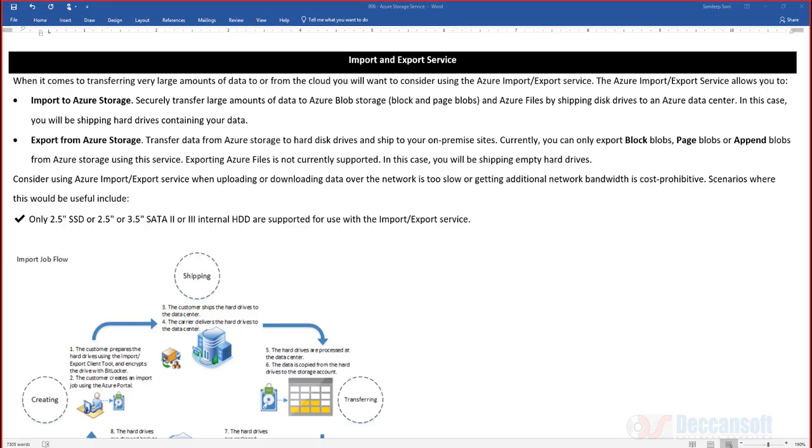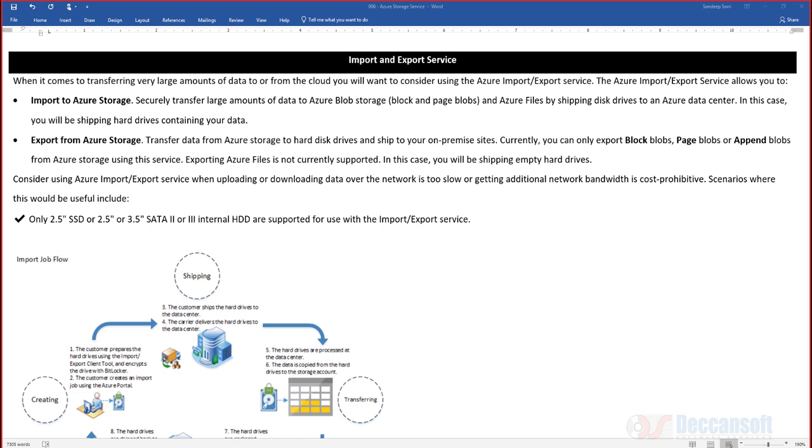Import and export service. Whenever we have a large volume of data to be handled, huge data, 1 TB, 2 TB, 4 TB, that volume of data when we want to transfer, obviously it's not just the read write cost, it's the cost of the internet bandwidth also which will matter at times. And also it is going to take a huge amount of time if from my local machine I'm trying to use AzCopy and upload the content into Azure,